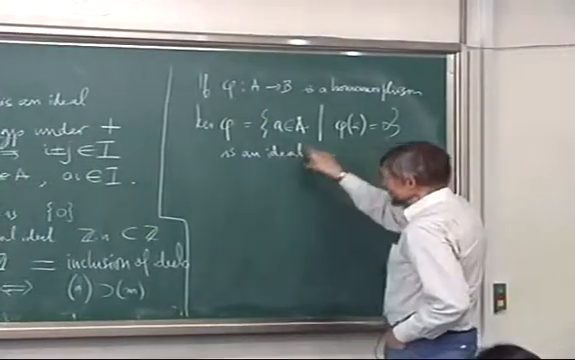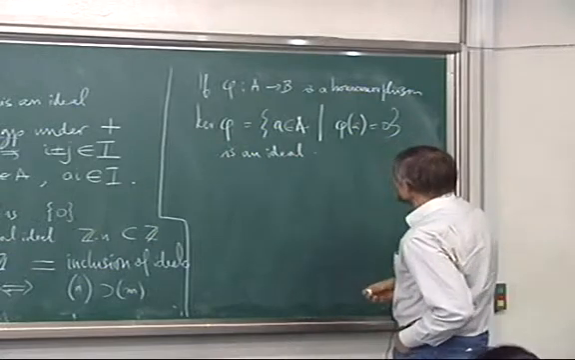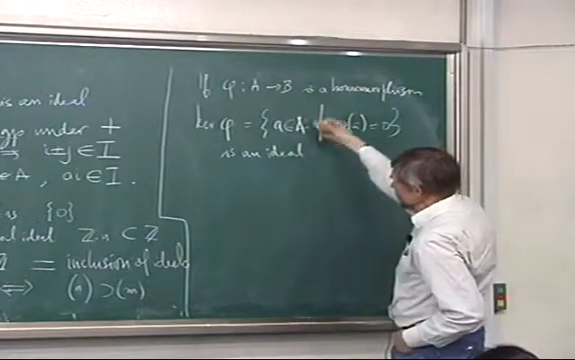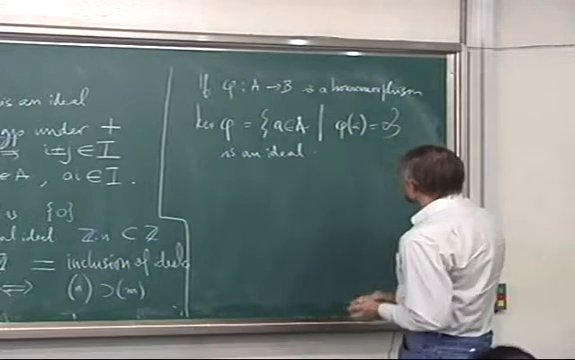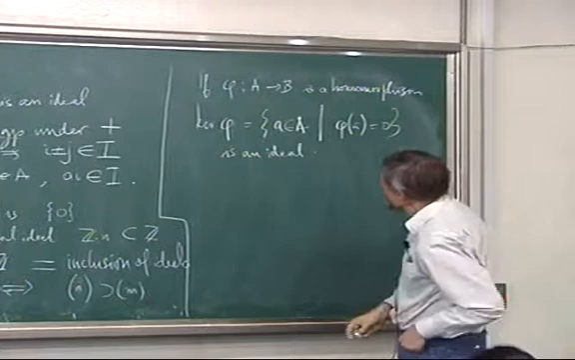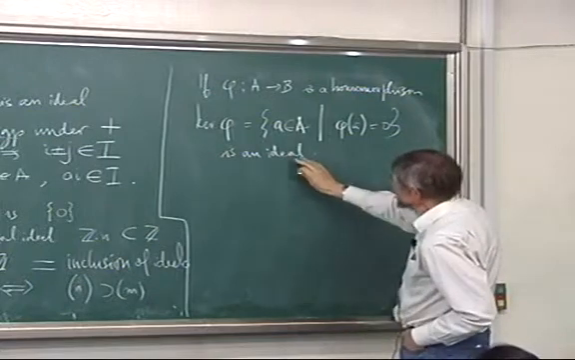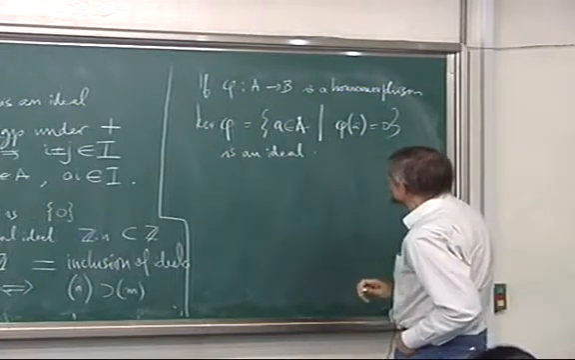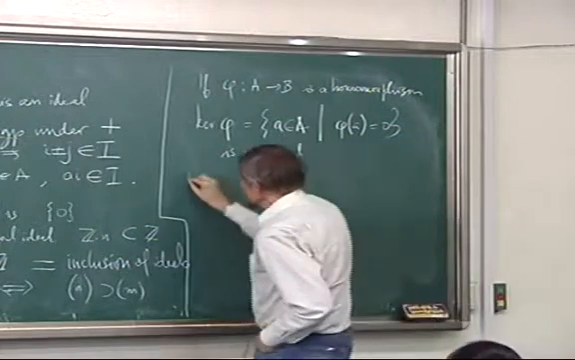The people who first wrote out the definition of an ideal eventually came to the conclusion that this is the only possible definition that makes sense. Right? And moreover,